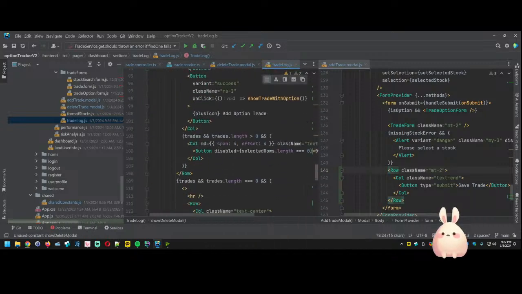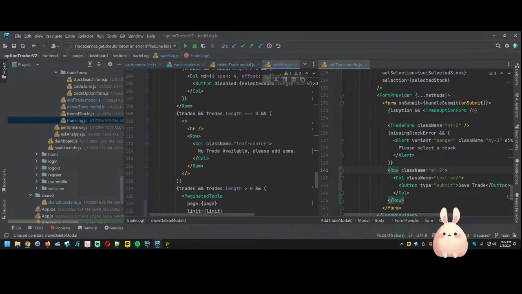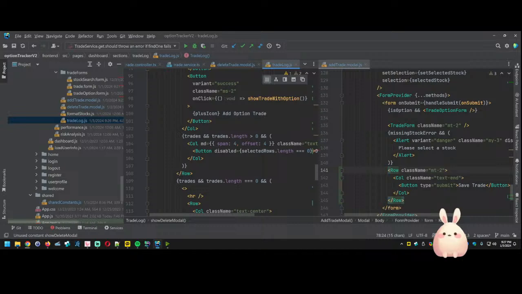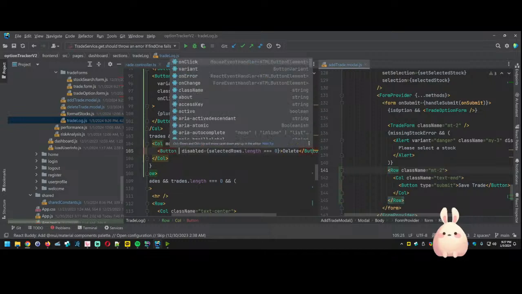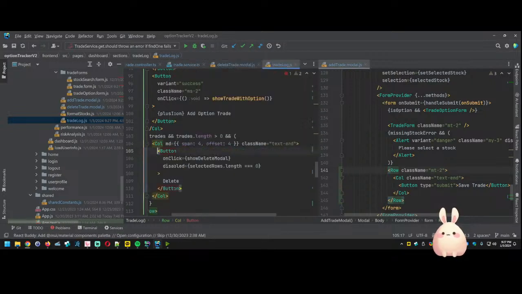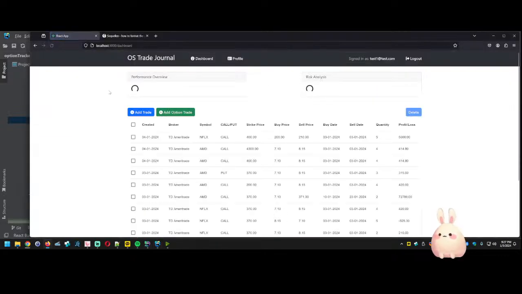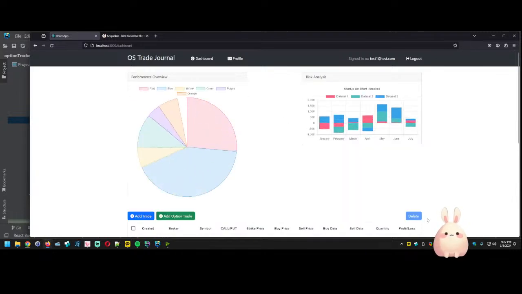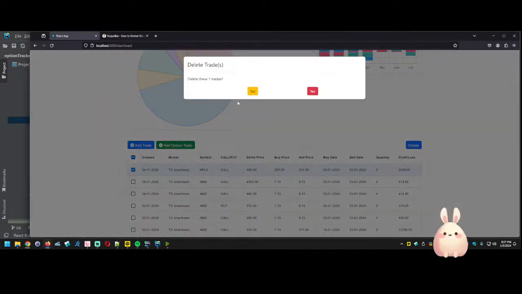So showDeleteModal. When we click on our delete button, we could actually give people a warning. I think that's a better approach at one point, to just offer people a warning on click showDeleteModal. So let's refresh and test it out. Nothing selected, it won't let you select. But if we select one and then hit delete,